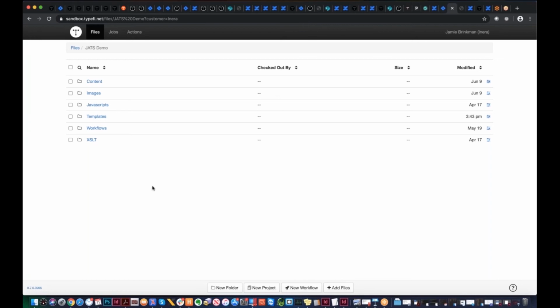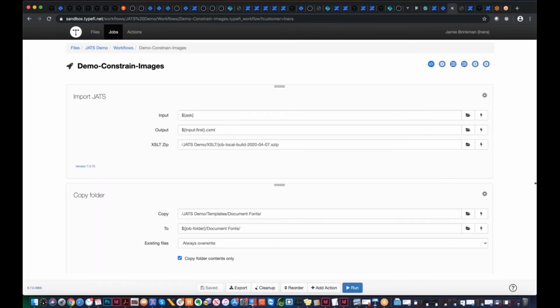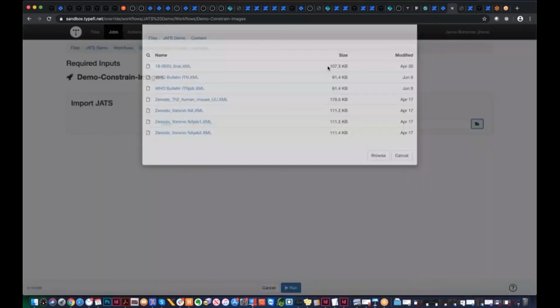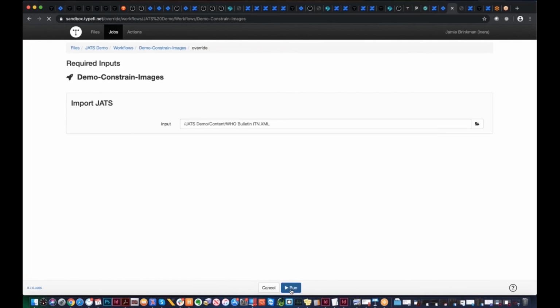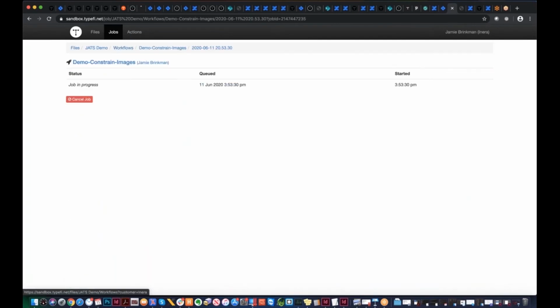And in this web interface, you can see we've got some different folders that contain the different pieces of the puzzle. So we have the content folder, which is where we've got our JATS XML. We also have images and our InDesign template stored. And we also have what we call a workflow. So a workflow is basically a series of steps or actions that tell Typoify what to do. So in the case of this workflow, which I'm going to go ahead and run really quick, grab that XML file and run it. All right, so while that is running,